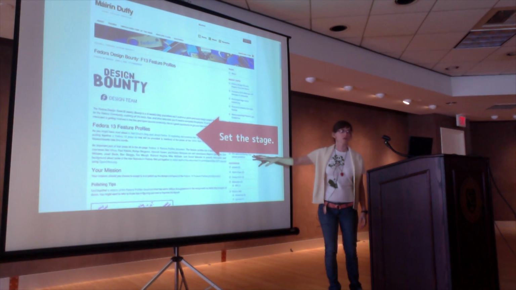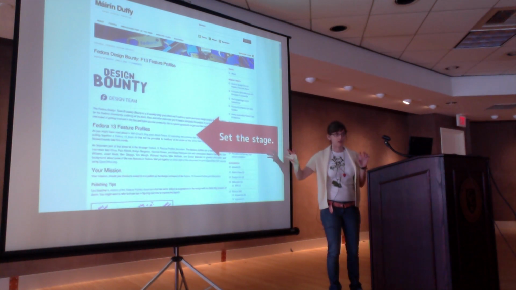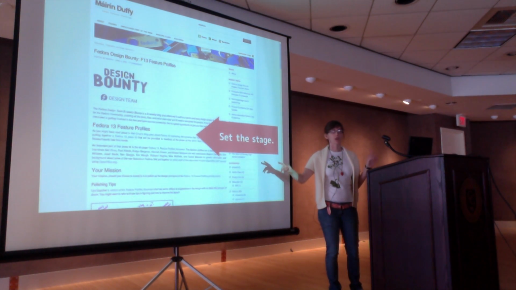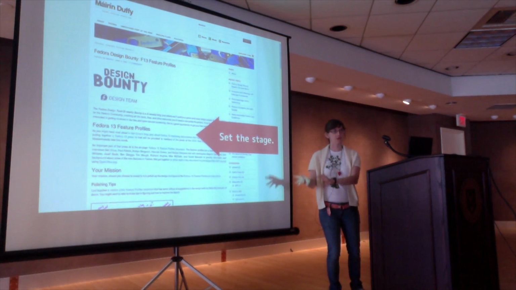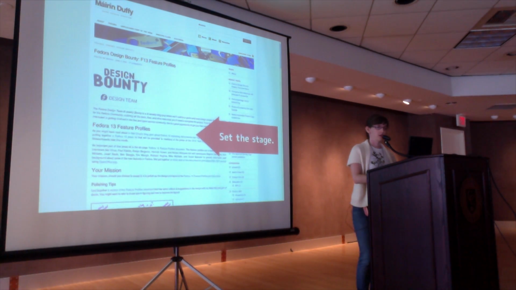And the first thing you want to do, I think, you don't want to just say, hey, I need this done, do it. You really want to set the stage, right? Like when you tell someone, hey, this is something that needs to be done, you want to show them where it fits in the greater message, the greater vision of the project. So I think what's a good idea is to start out and say, here's the situation, here's the problem we need to solve. And kind of set the stage, this is where you come in. This is where you solve the problem and save the day.